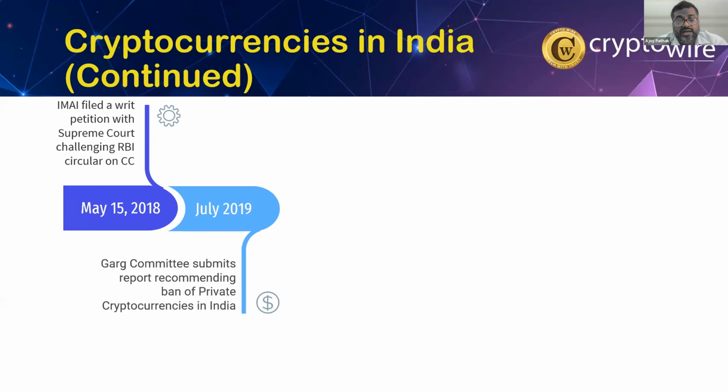Then in July 2019, in the meantime, the Garg Committee submitted its report, and unfortunately it came out like they recommended a ban of private cryptocurrencies in India without really specifying what private cryptocurrencies are, but that was a huge blow to the industry at that point of time, and the industry was at a very negative sentiment